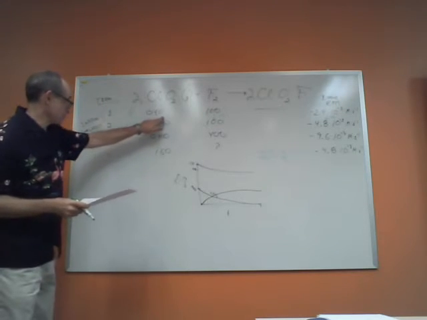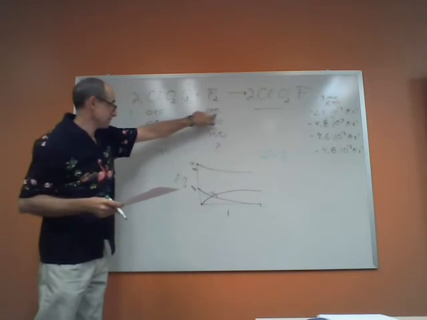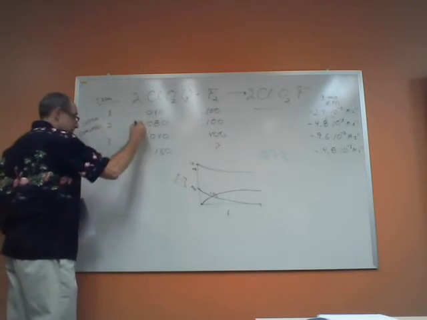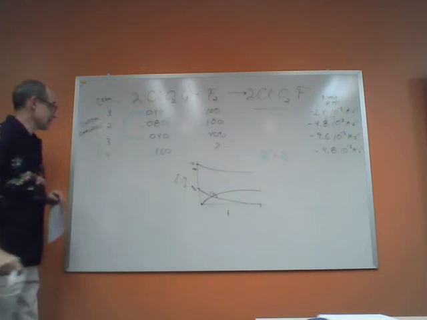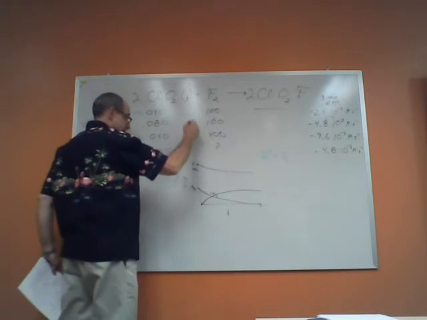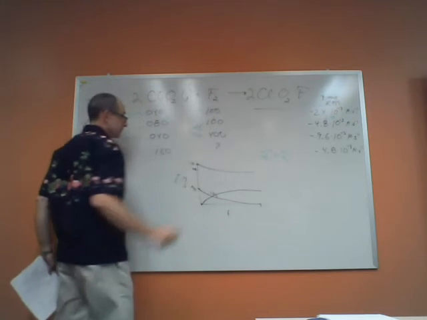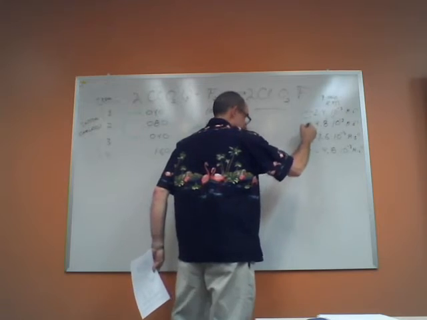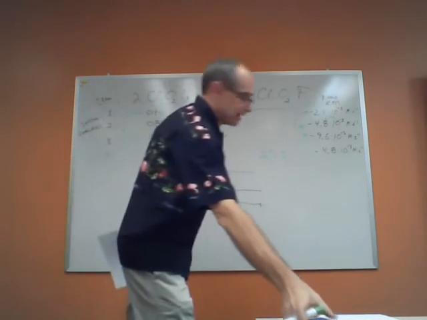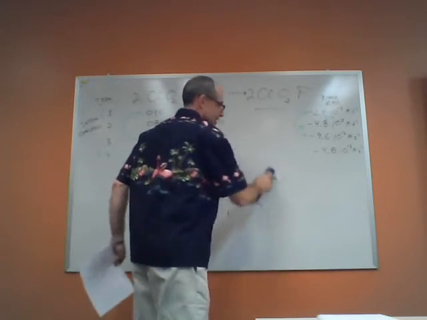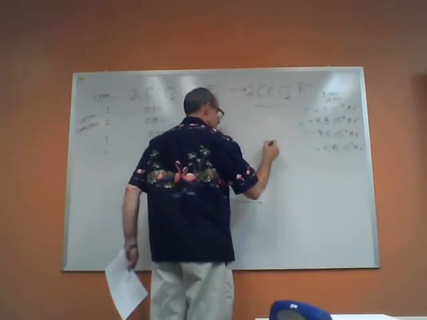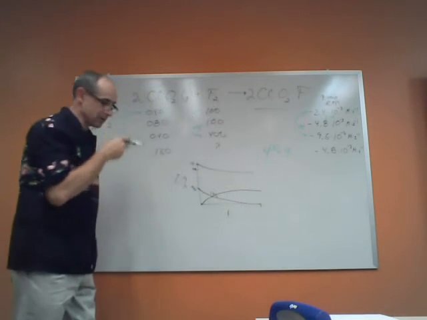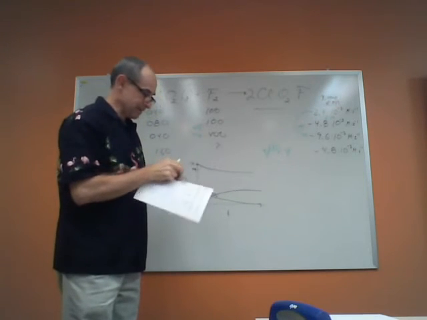If I want to know now what is the order with respect to fluorine, I've got to get two different trials, and I can now use the fact that conveniently trial 1 and trial 3 have no change in the concentration of ClO2, but I have a quadrupling of the initial fluorine concentration, and a quadrupling of the rate. We don't have to do everything with doublings. So now I generate the equation that 4 to the B equals 4, and pretty clearly that B also has to be 1. So this gives me